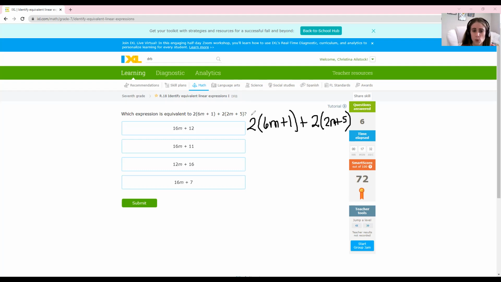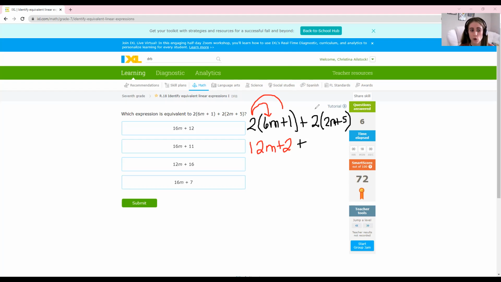So our first one, we are distributing 2 to the 6m. Remember, to distribute, that operation is multiplication. 2 times 6m would be 12m. And then 2 times 1 would be 2. Always bring your signs down. From our original problem, I'm going to bring this plus sign down,